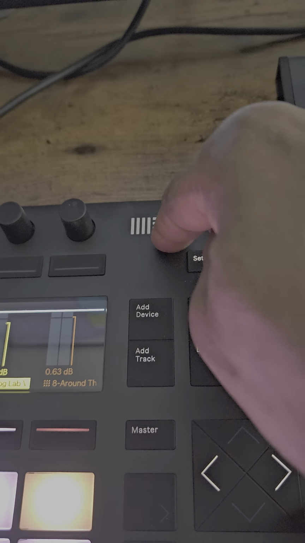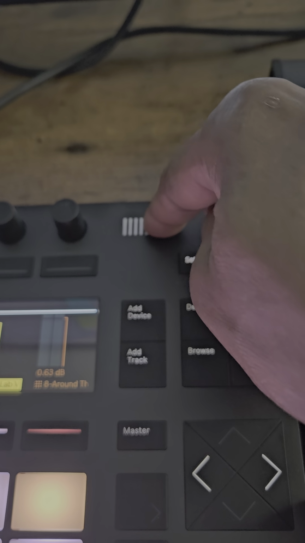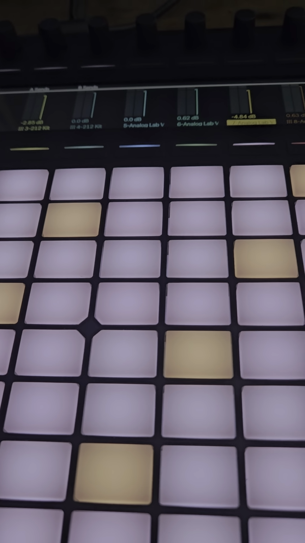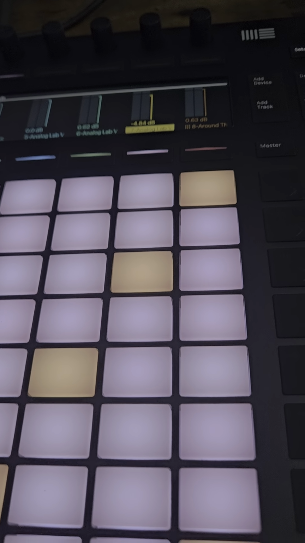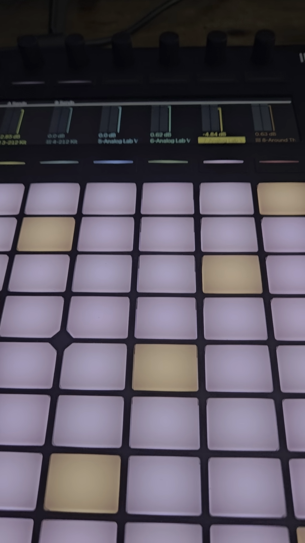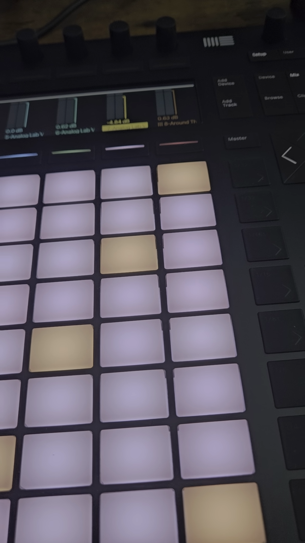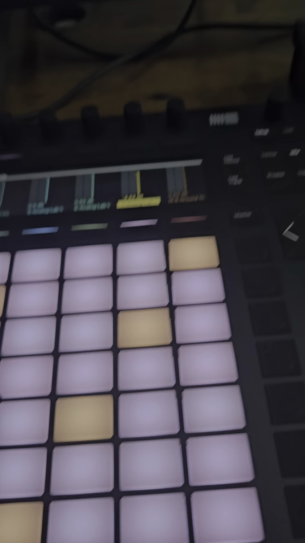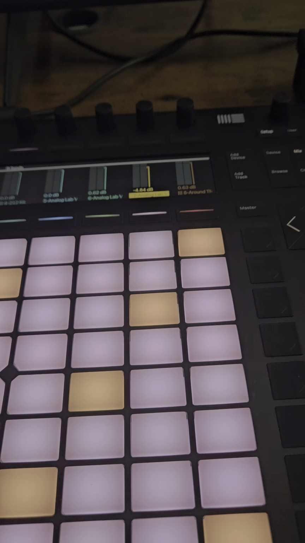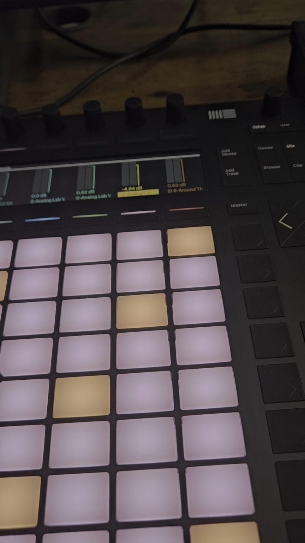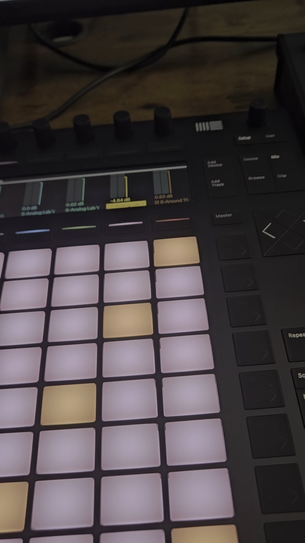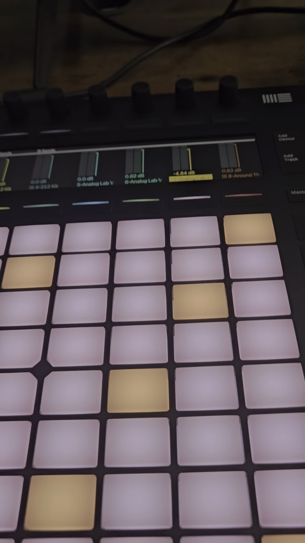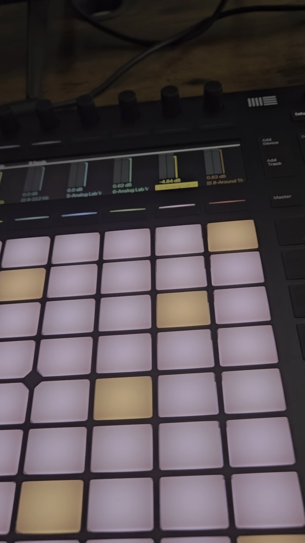Here could have been a button to toggle between your session view and your arranger view. You can't even do that on here. You can't do it on the APC64 either. What else about the APC64 was better? They had the overdub button, which you don't have on here. I think I mentioned that already. And chords, which you don't have on here. Other than that,